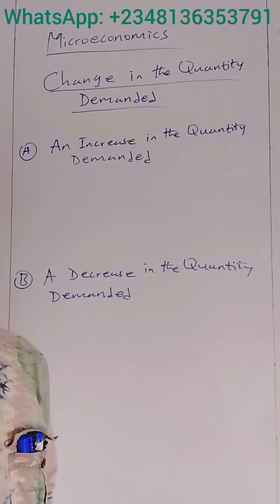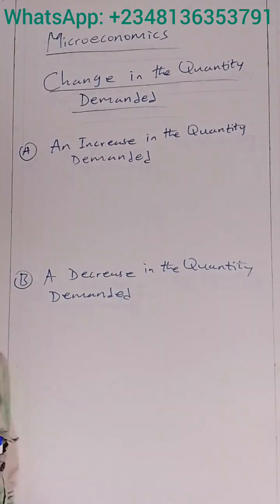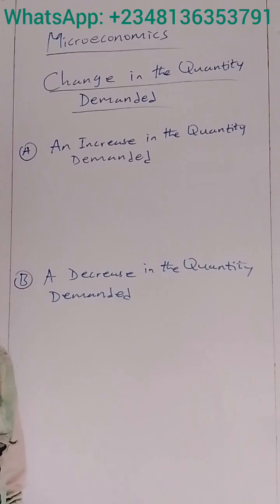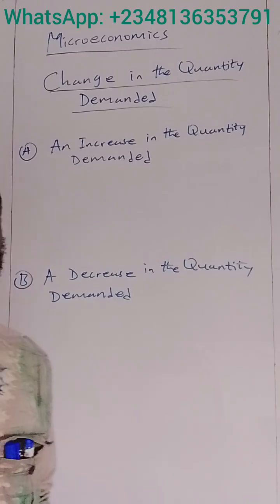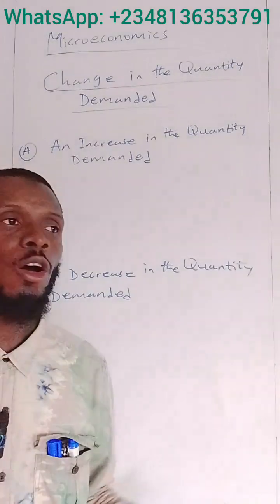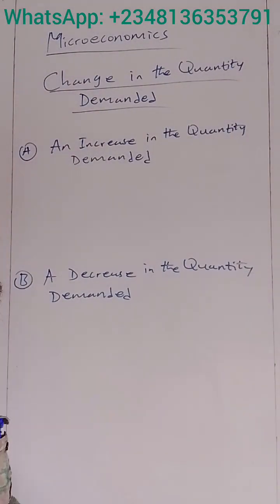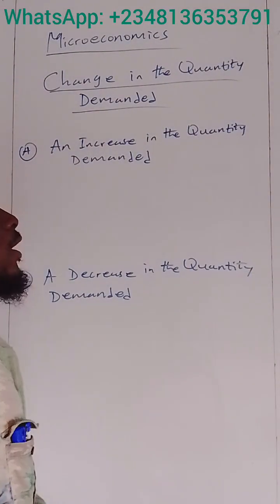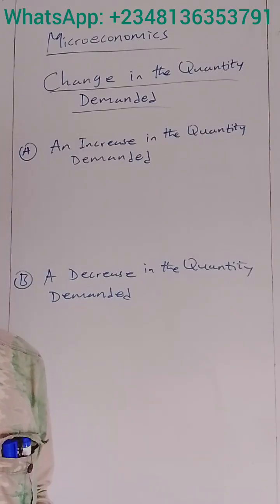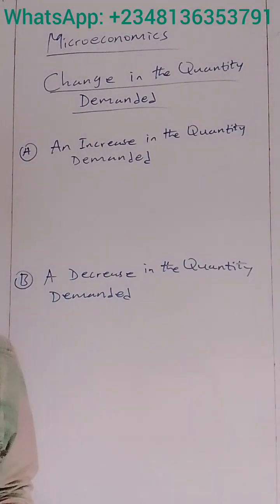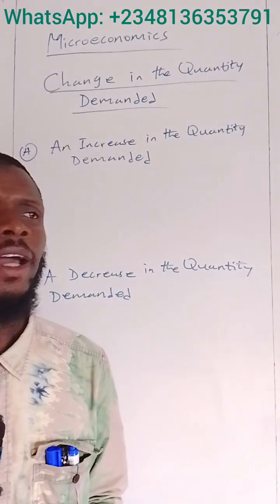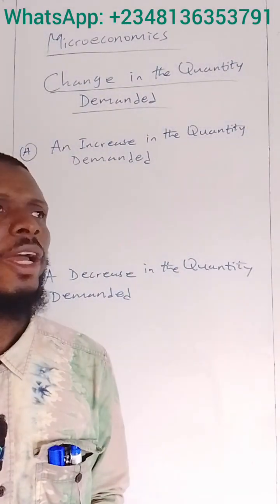That is, when the price of the commodity increases, we expect the quantity demanded to fall, and when the price of the commodity falls, we expect the quantity demanded to rise. That is the law of demand. So when this occurs, we call it a change in the quantity demanded. So in other words, therefore, a change in the quantity demanded is mainly caused by a change in the price